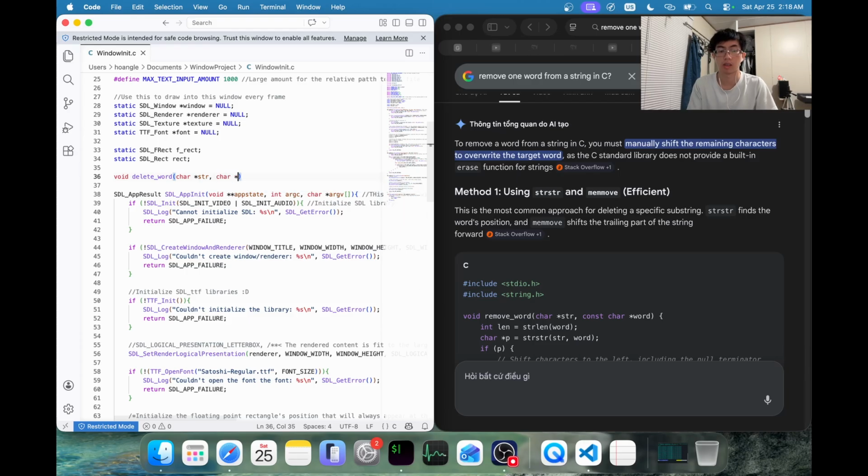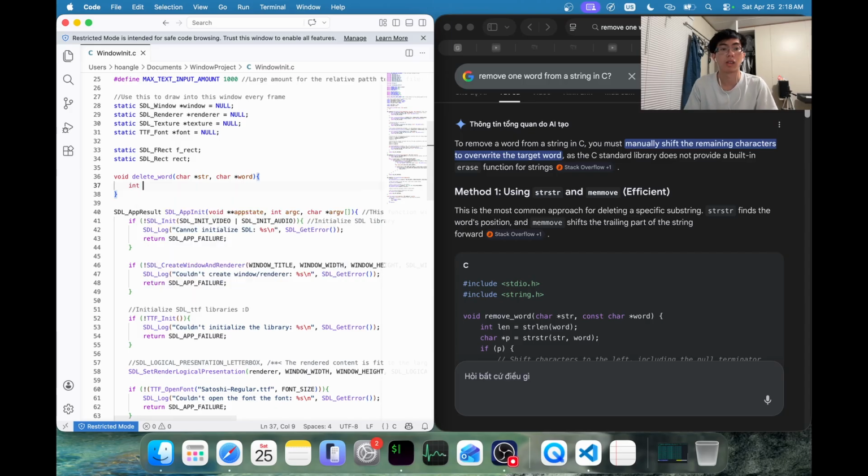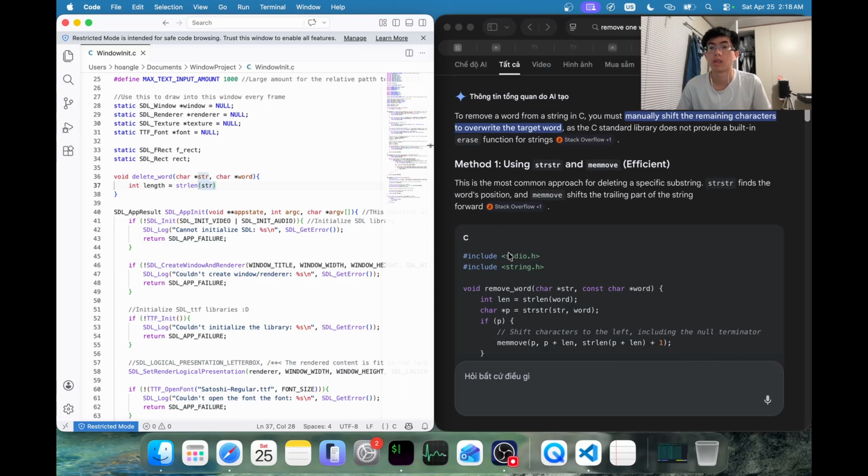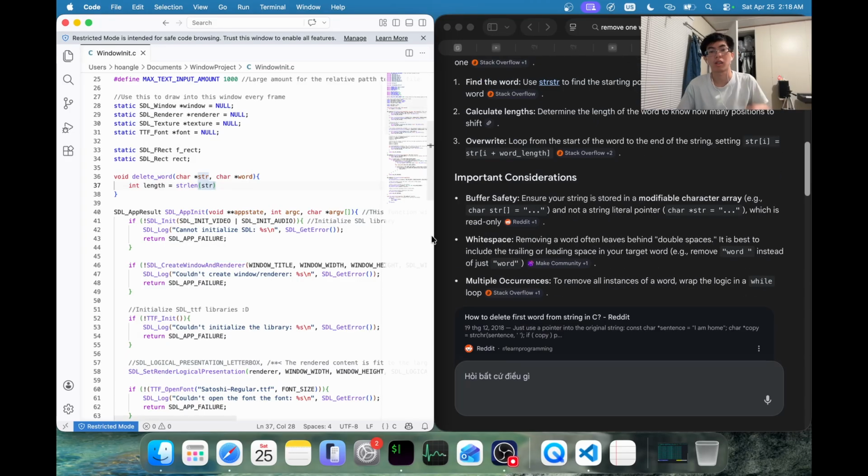Let's use char word, int length equal str length str. Delete specific. I think it should make our function